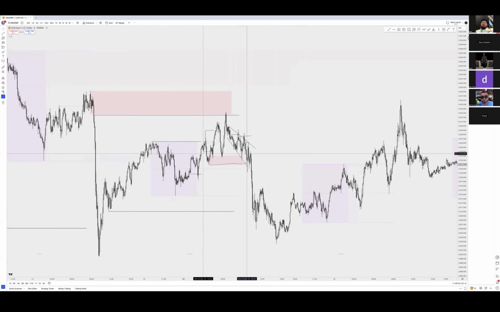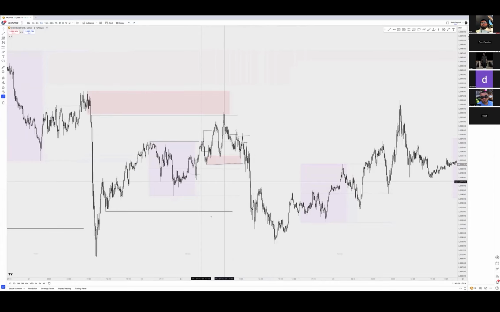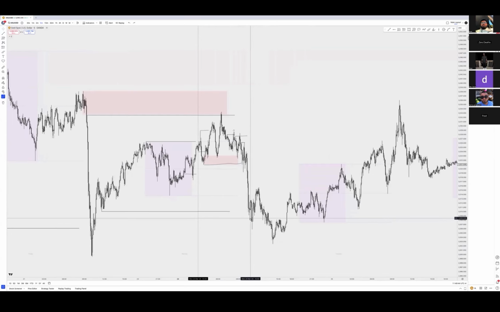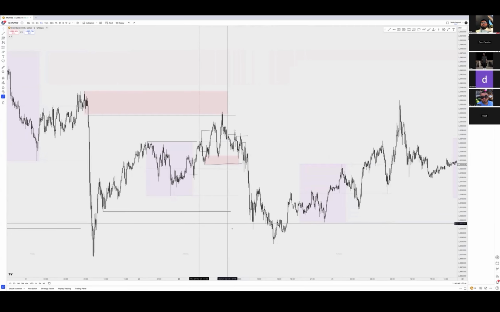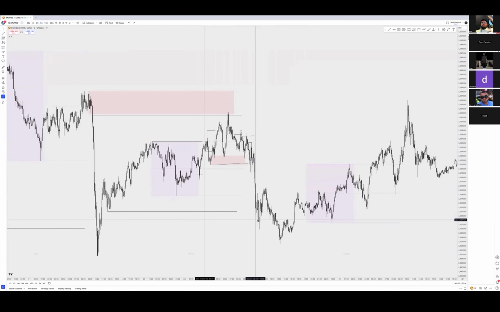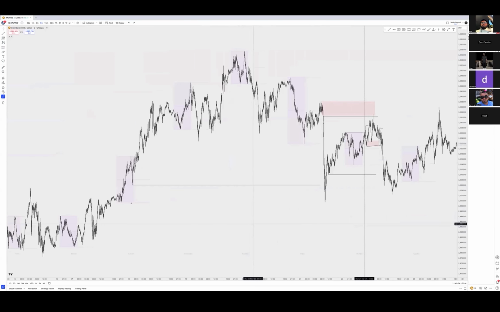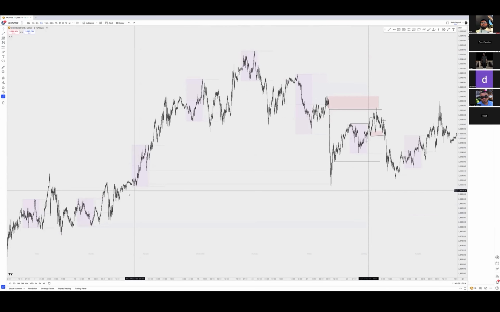You got that build up, moves lower, right? Takes all that liquidity. But the thing is, it hasn't really properly induced buyers before taking out the lows, right? It just came from here, it just dropped down, took all the lows out. So I wouldn't recommend entering as soon as the lows get taken out. I would actually wait for a little bit more PA, especially because there is still liquidity to the downside.